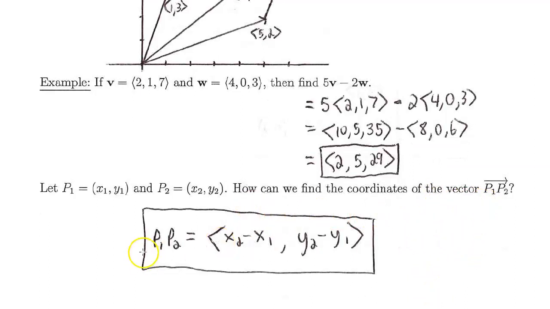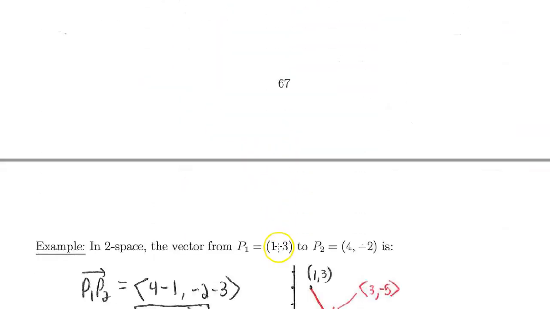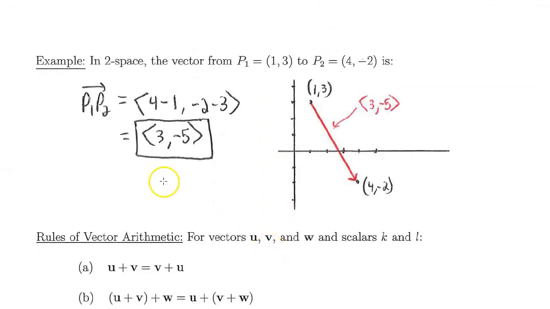Well, the way you do it, and I should have drawn an arrow over top of this, P1 to P2. But anyways, the way that you do this is you do x2 minus x1, comma y2 minus y1. Okay, you subtract the coordinates. So let's see why that's the case, and let's just look at an example. In 2-space, the vector from P1, which is (1, 3), to P2, which is (4, -2), is